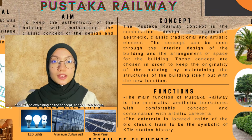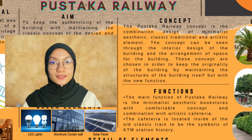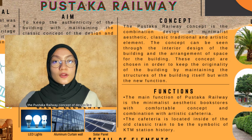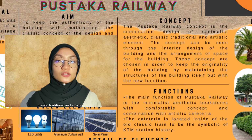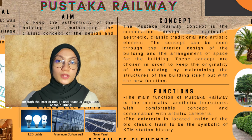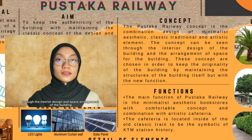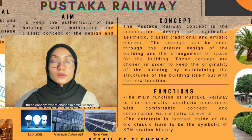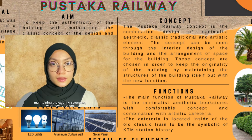I will be explaining the concept references, functions, green elements, and the details of elements proposed for the Pustaka Railway. The Pustaka Railway concept of design is a combination of minimalist aesthetic, classic traditional, and artistic. The concept of the building can be seen through the interior design and the arrangement of space of the building. These concepts were chosen in order to keep the originality of the building while also maintaining the existing structure but